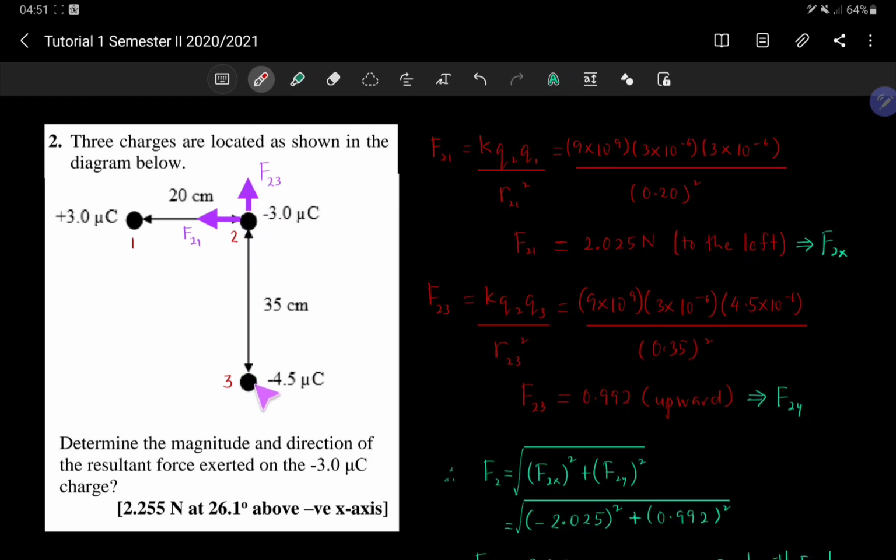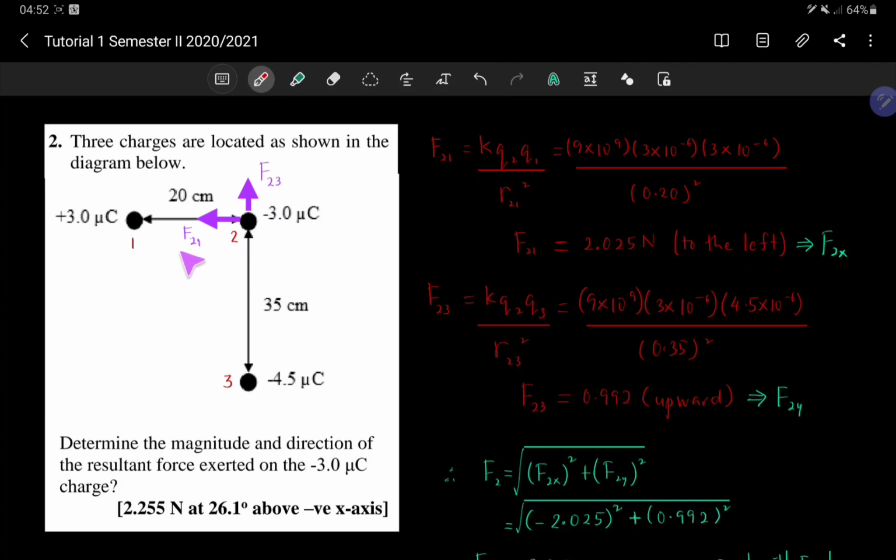of Q3. This is F23, the force exerted on 2 by 3. They repel each other, so it should be away, directed upwards. So F21 is really on the X component, while F23 is really on the Y component, isn't it? By talking about two different axes or directions, X and Y, remember, in calculating the resultant, we need to use the square root equation. Before that, we just calculate F21 and F23